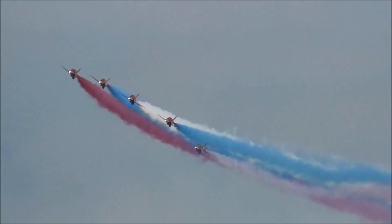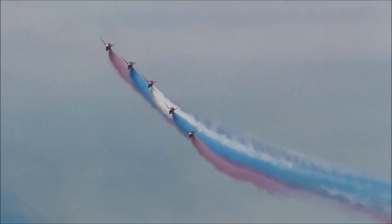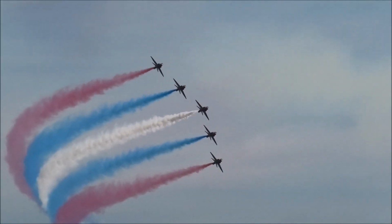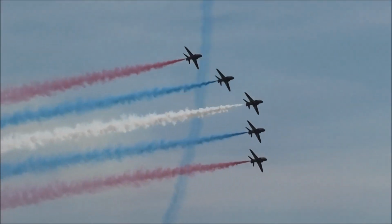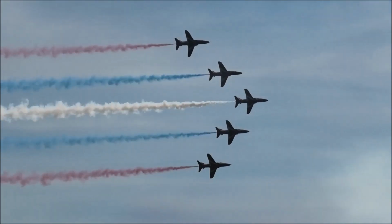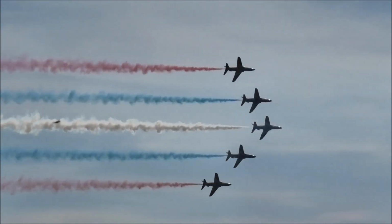Red 1 gathers the rest of Enid. The red and the blue commanders, he bends them around to the left. Underneath the aircraft you may be able to see a small pod that looks like a fuel tank. However, that is actually the smoke pod. That smoke pod is capable of producing fire, hot water,